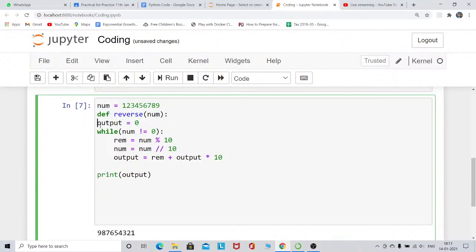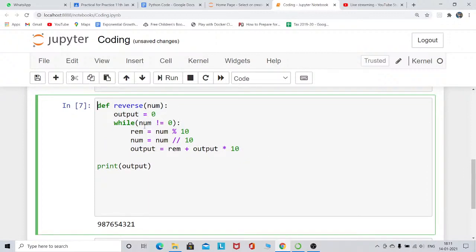Then let's indent it properly. Okay, let's remove that number. Output is 0, while number is this, and we also have to return something. Return means we have to return the output instead of printing.